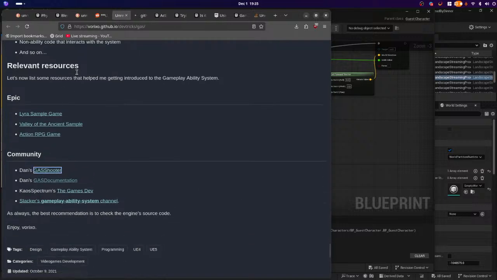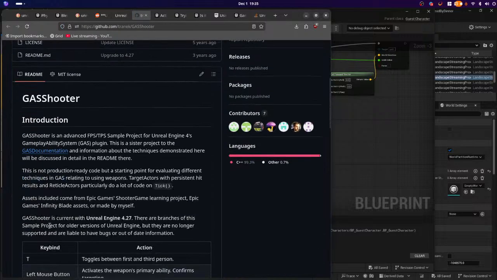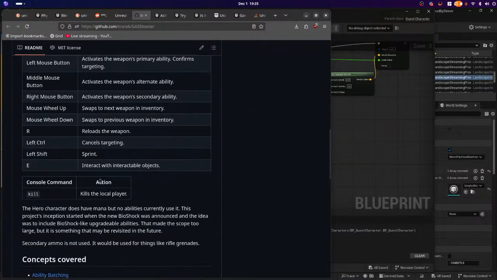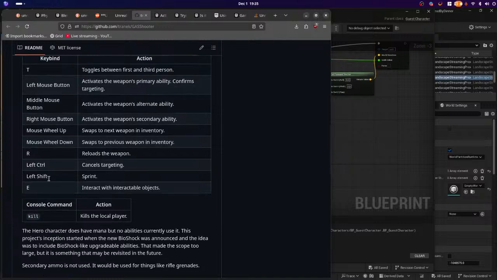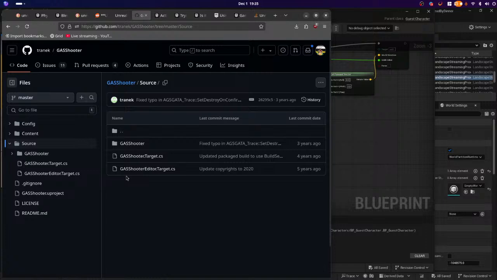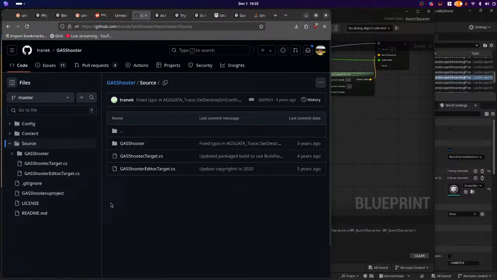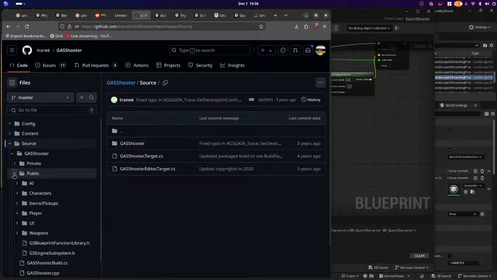Dan's GAS shooter. Does Dan do this? He hasn't updated it in like 4 years. But we trust Dan. We've already looked at stuff from Dan. Dan knows GAS. So let's see. Oh, he also has this weird thing where he puts all this stuff in here. These aren't blueprints though. This kind of doesn't help on a certain level, but